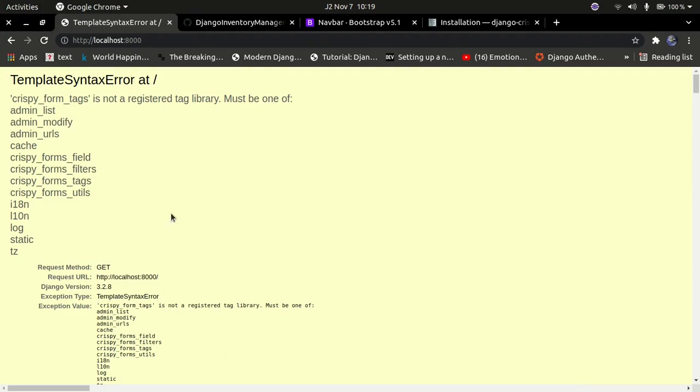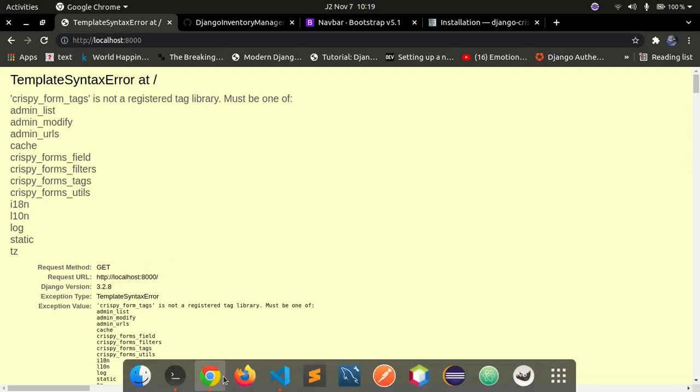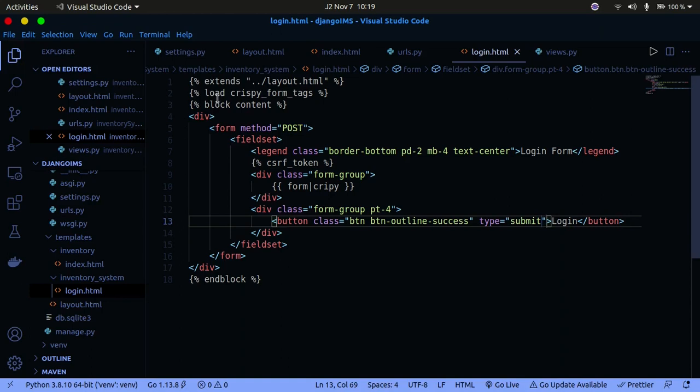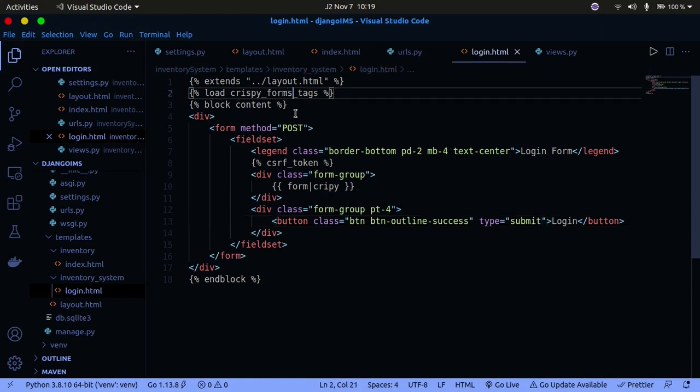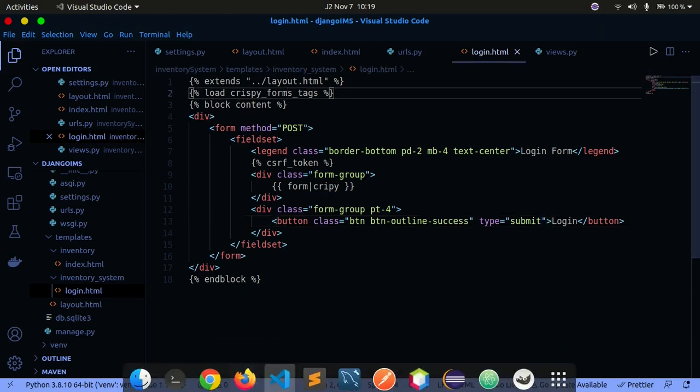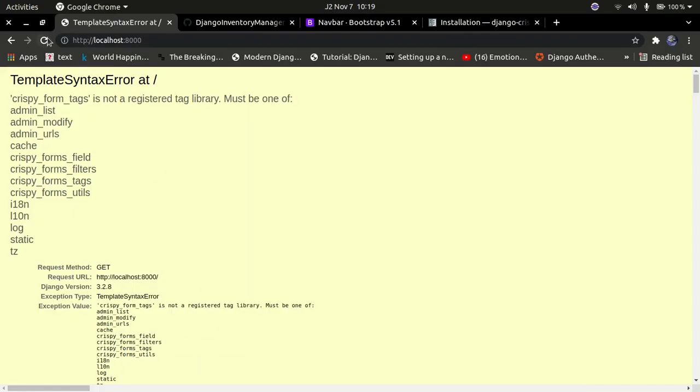So whenever I refresh my website, you can see that form we got an error there. It's failing to load crispy forms. So I'm going to go in here, and you can see I load crispy forms. Okay, so it's an S there. So crispy_forms_tags. Okay, so now that that's done, I'm going to go ahead and refresh my website one